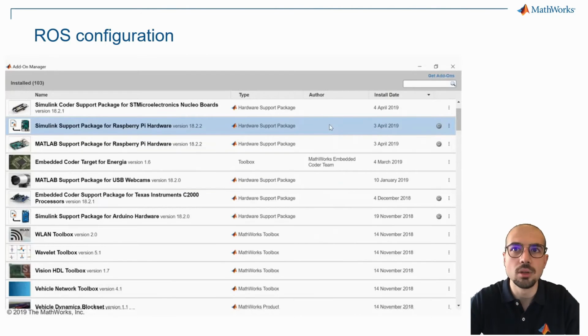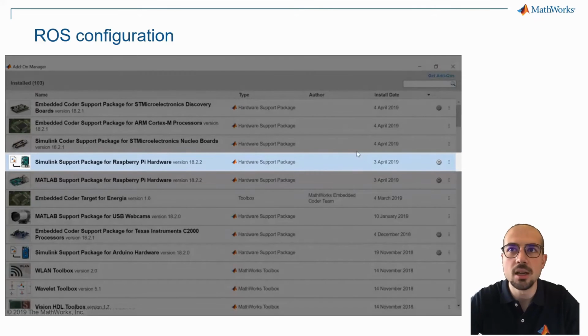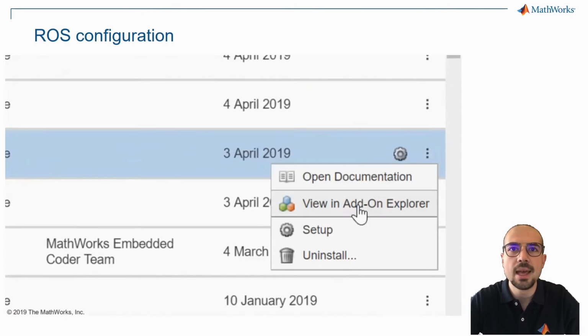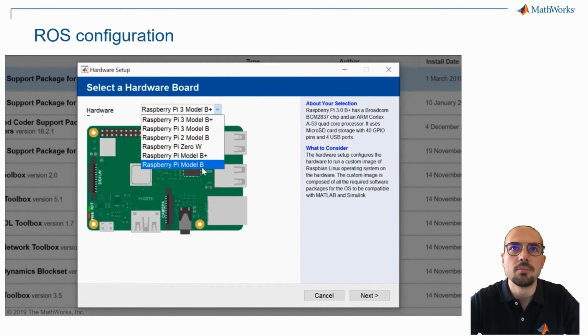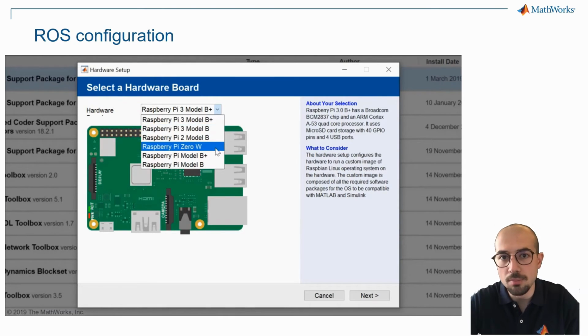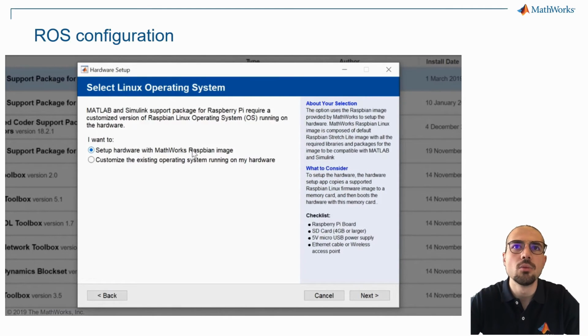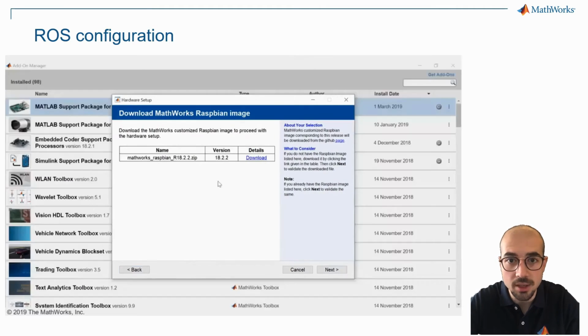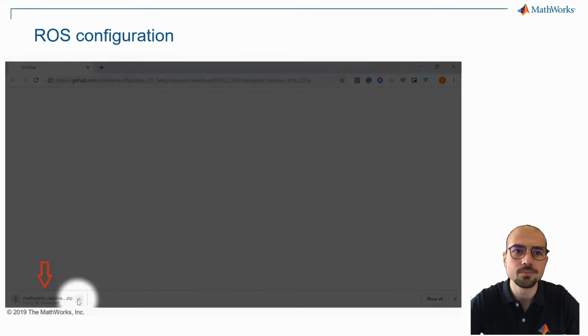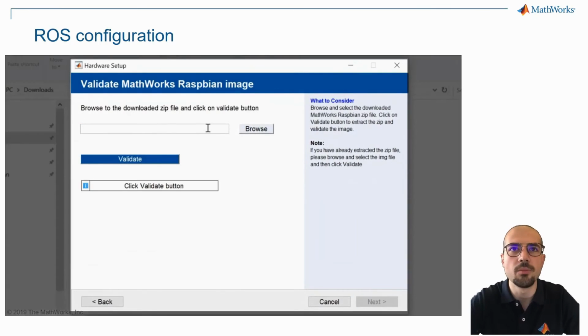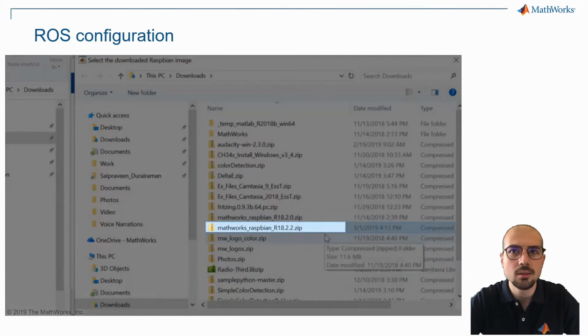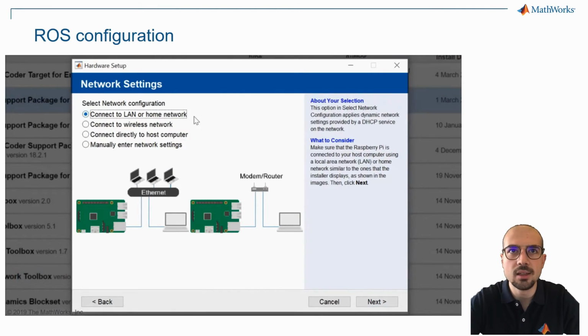In order to set up later, we need to do it on the manager, then click on the gear, and then follow these instructions. So select the correct hardware. In particular, our case is Model 3B+. Okay, next we can select that we want to flash a fresh new Raspbian image. Okay, download it. Then we can select it from our download folder, the zip file. We can select it. Okay, we can validate it,